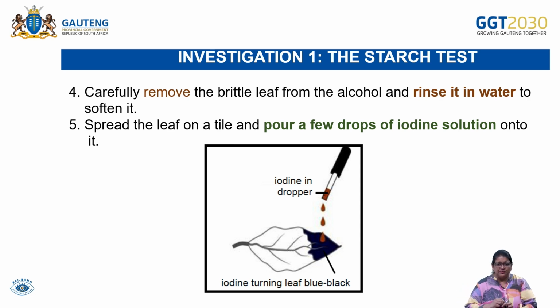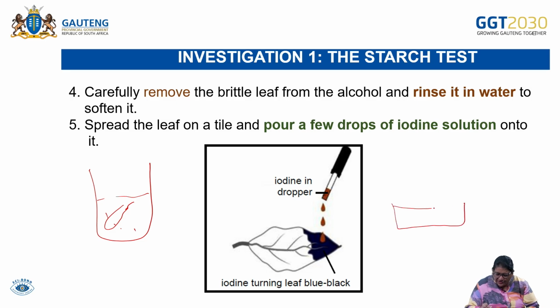Remember, your water beaker was boiling. You're going to take that leaf now, and here's your boiling water. You're going to rinse that leaf in the boiling water, and it's going to make it soft. Now, once you remove the leaf from the boiling water, you're going to put it into a small Petri dish,